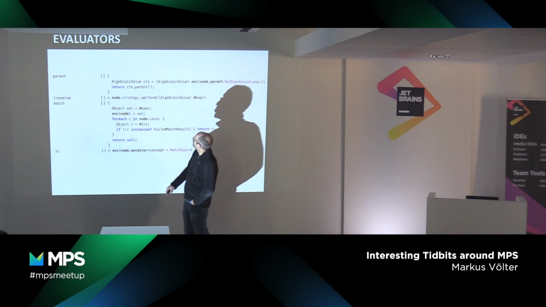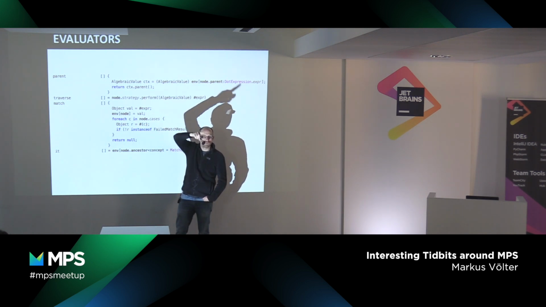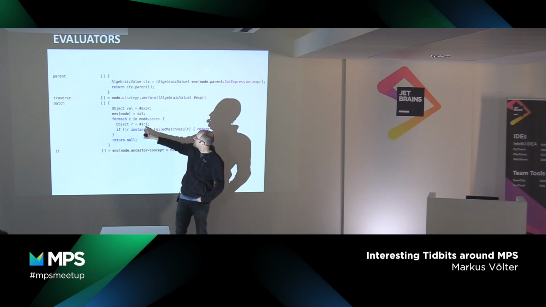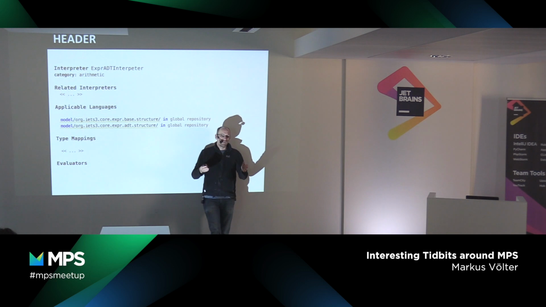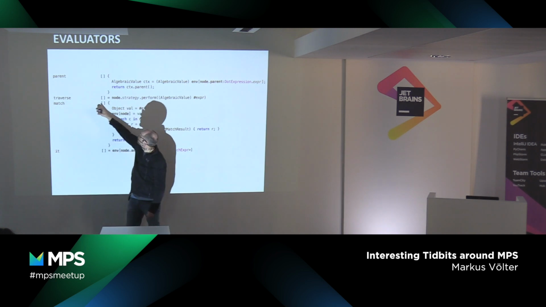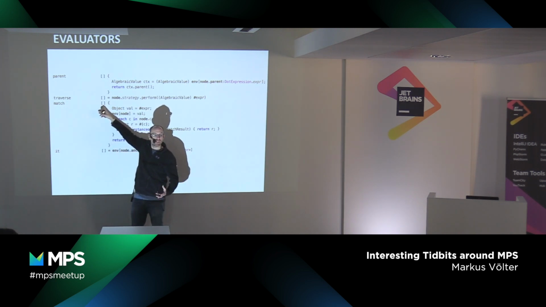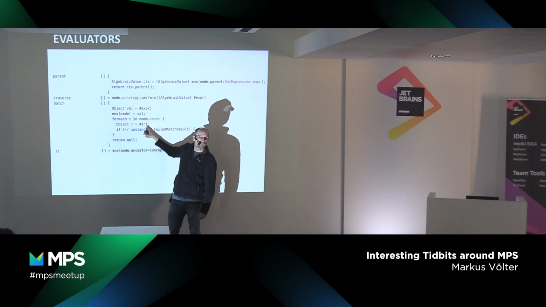And there are shortcuts for various things. For example, this hash thingy invokes the interpreter recursively. So most functional interpreters are essentially a recursive call of that thing here. And that's a very short notation. It also respects the type mappings you specify here. So if you say, for example, the number type of your DSL is implemented as a big integer in your implementation domain, and you specify that a particular child of your node has, for example, the DSL-level number type, then if you call the hash on that thing, it is automatically typed to be big integer.